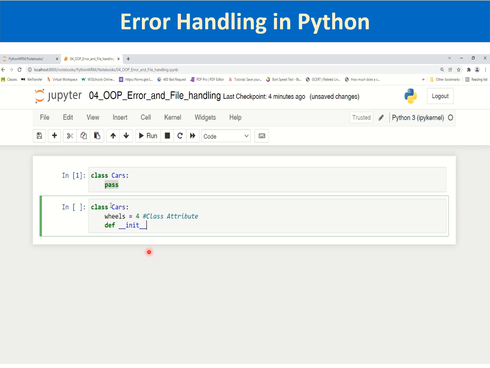Now such methods which begin and end with double underscores are known as dunder methods. You will see such methods in case of classes. Now don't get confused with all these. You just remember that this is the way the class is defined, and you can define any class following the same procedure. So we are defining a special method, double underscore init